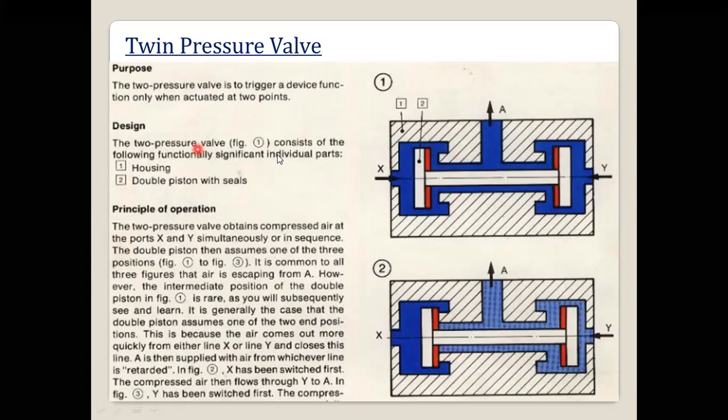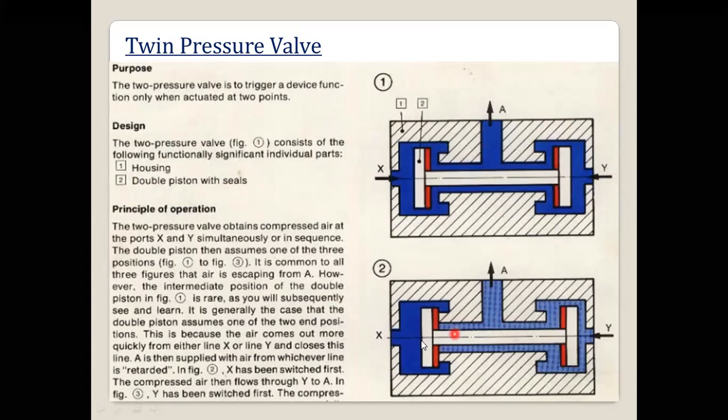So if you see the design of the twin pressure valve, the complete housing is there, and we have the double piston with seals. You can see this piston is there, and the seals are attached to it. Here we can observe that the flow is from port X and from port Y. From port X and Y combined, it is going to the A port, the actuator port, that is the output.